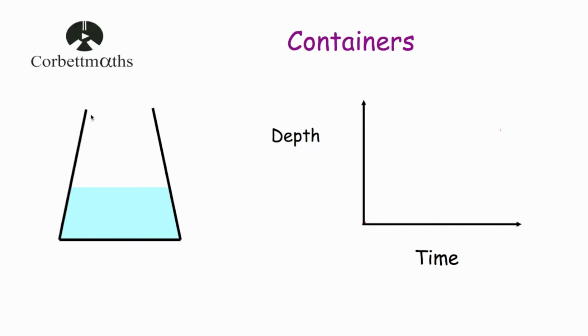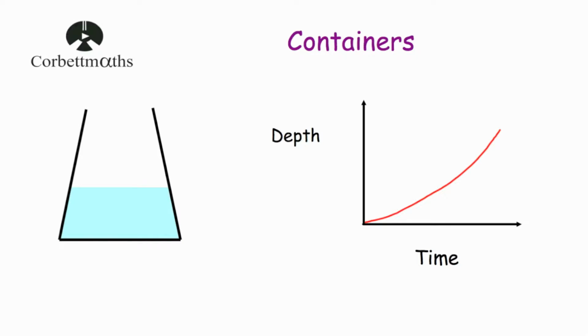But I've got memories of some sort of flask in science which looks something like this, where this container, as you can see, is furthest apart at the bottom, but then it gets closer and closer. So if this container was empty and we started filling it up with water, it would fill up slowly at the beginning, but as the sides are getting closer, it's going to take less time for the height to increase. So as it gets narrower, the depth of the water increases more and more quickly, and our graph would look